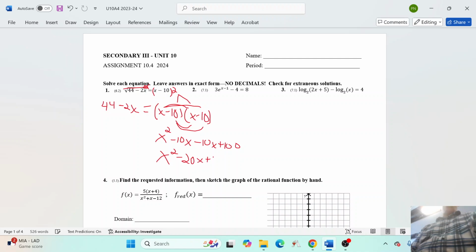And then we've got to combine the left side with the right side. So we're going to add. No, we're not going to add, we're going to minus. There's an equal sign, so we're going to minus the 44 over to this side, and we're going to add the 2x over to this side. So we end up with